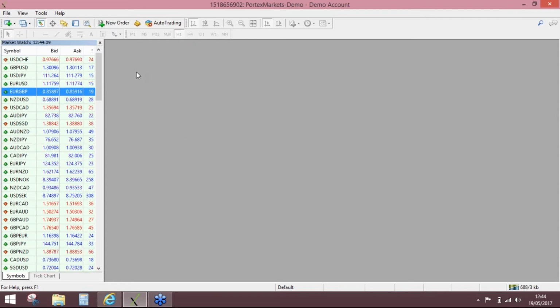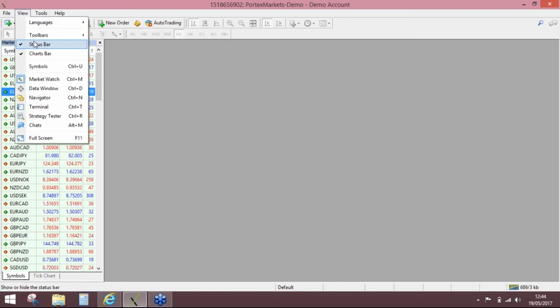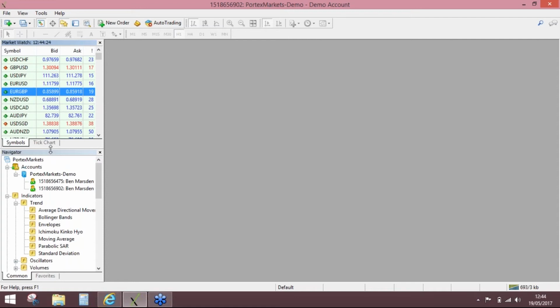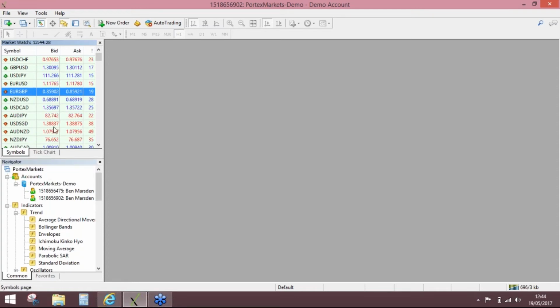And then we'll introduce a further panel. If we go to view again, and this time down to navigator, that will introduce the navigator into the main window just below the market watch list. So we can resize all of these at will. So if we just drag this down a little bit more, you can see that within this navigator we've got